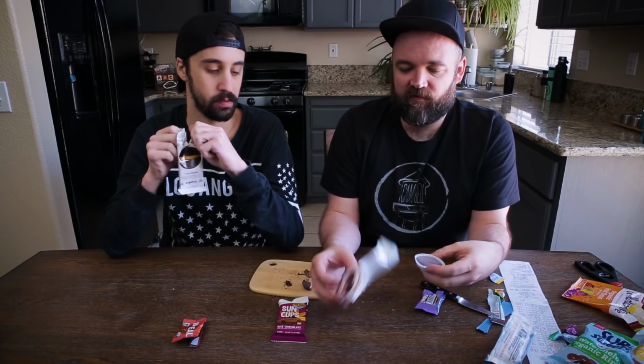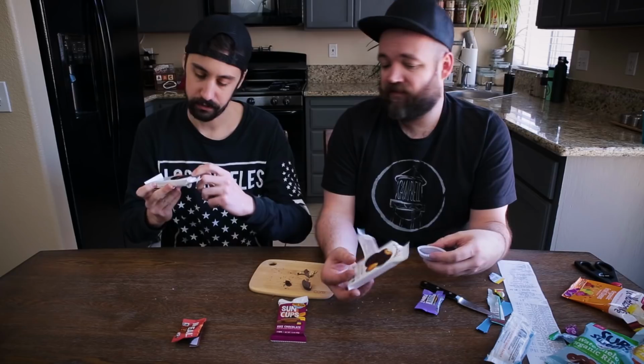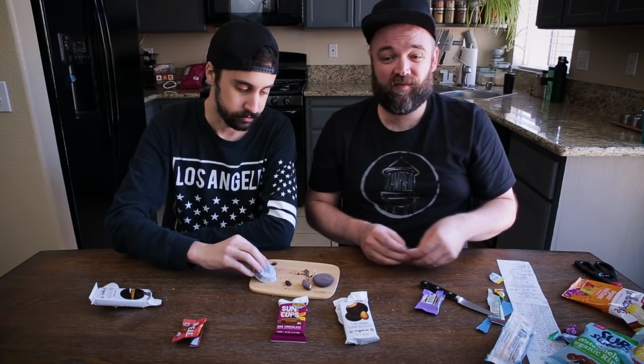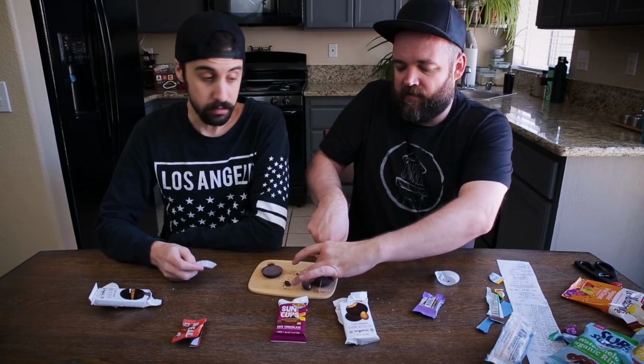So these are the Justin's brand. Kind of the same thing we just experienced with the Unreal. This one is almond, that one is peanut. Again, they have milk chocolate versions that are not vegan. You have to get the dark chocolate one. These ones can be a bit expensive. They do have also mini ones, which are nice. You can buy them in like a bag of...